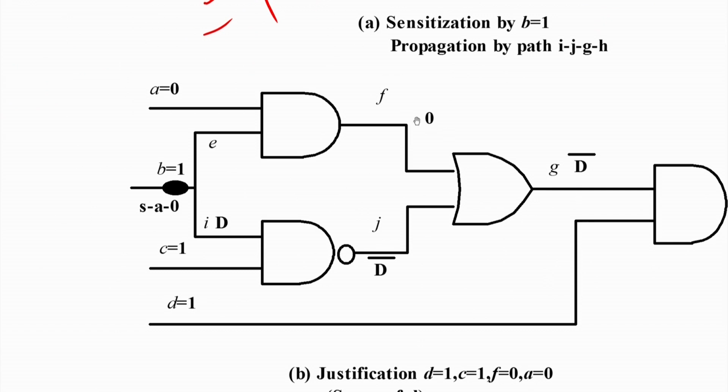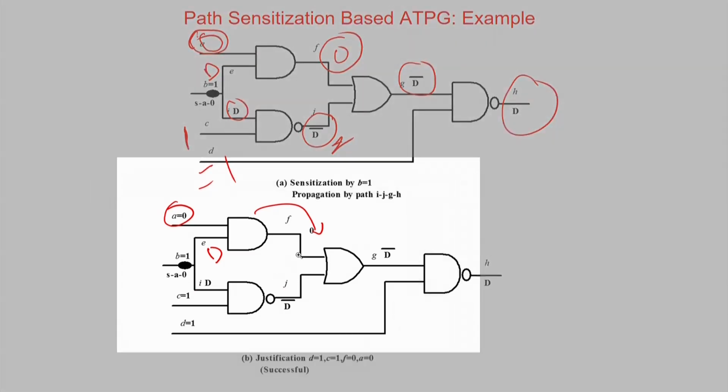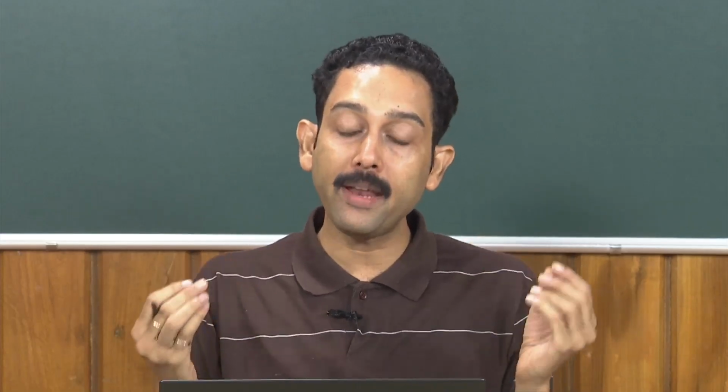So, you see I have a 0 over here. Only interesting is that this 0 is making this line directly 0, even if it is a D over here, this is actually blocked. So, there is no conflict happening, and similarly this is the idea. So, you can see this is what has been done. So, this shows you basically what an automatic test pattern generation is for a difficult to test fault.